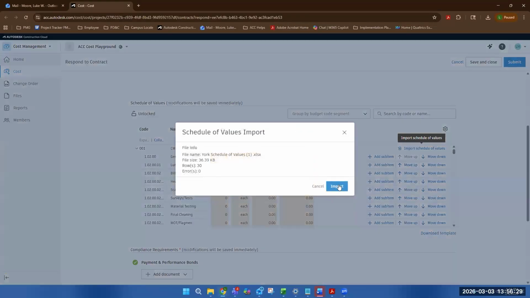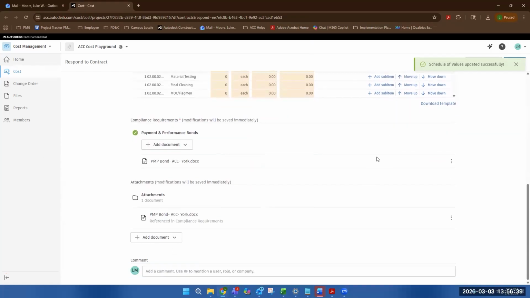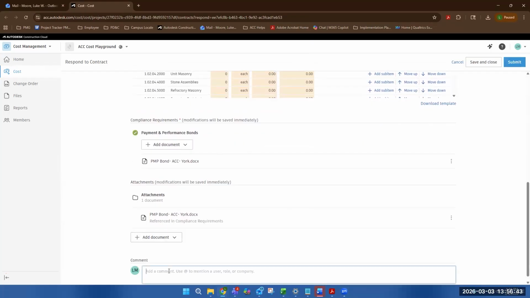Click to open that value and then click import. And now you can see that my schedule of values is present. Once I've cross-checked and made sure that the information is correct, scroll down to the bottom and I can let